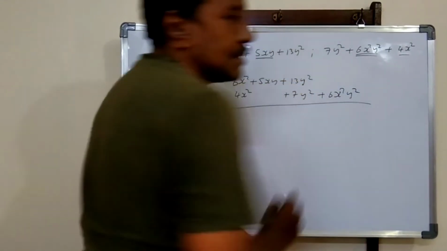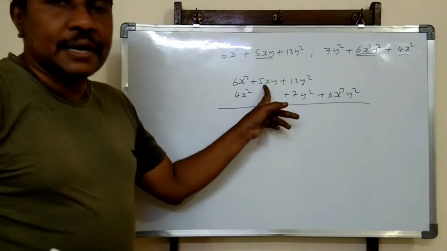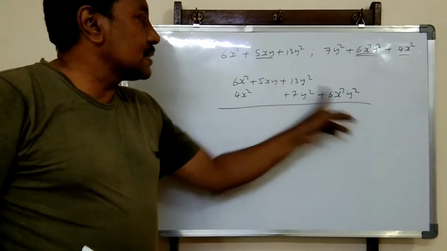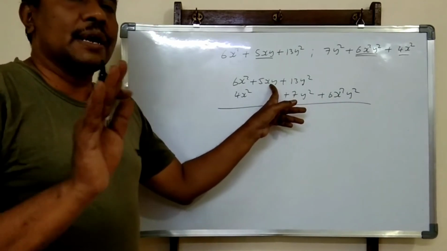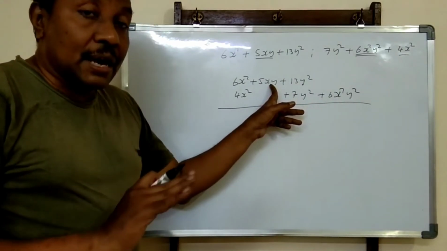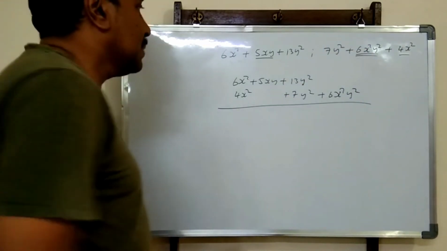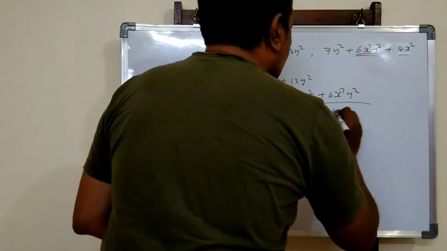Here we have to write this because there is no like term for 5xy. So 6x square y square and 5xy are both not like terms. If they are not like terms, we have to write them separately. Okay. Now as usual, 6x square y square